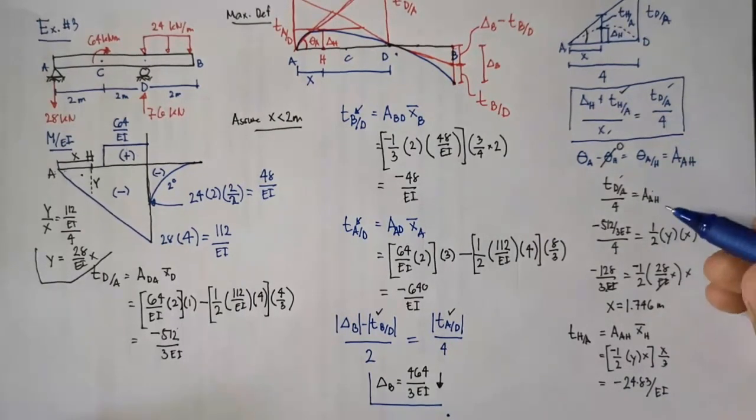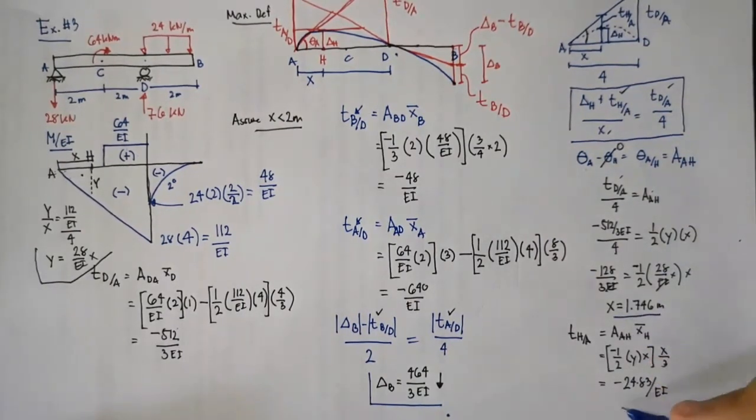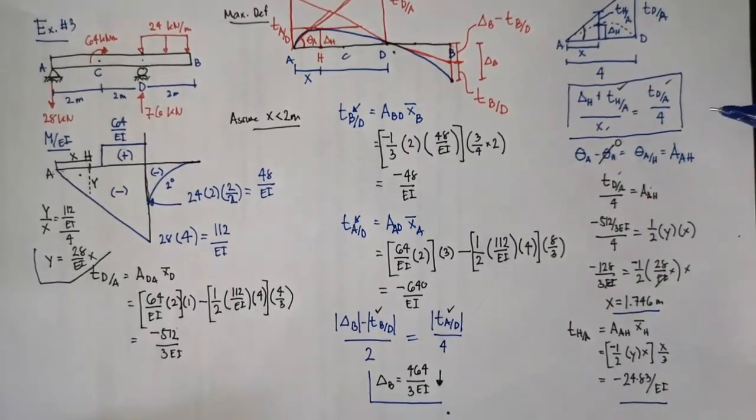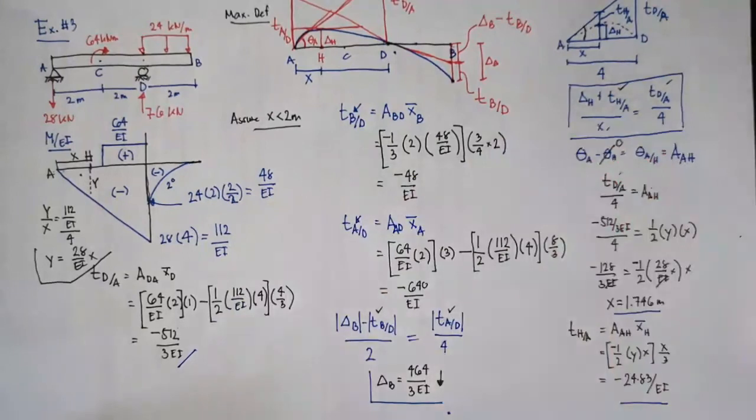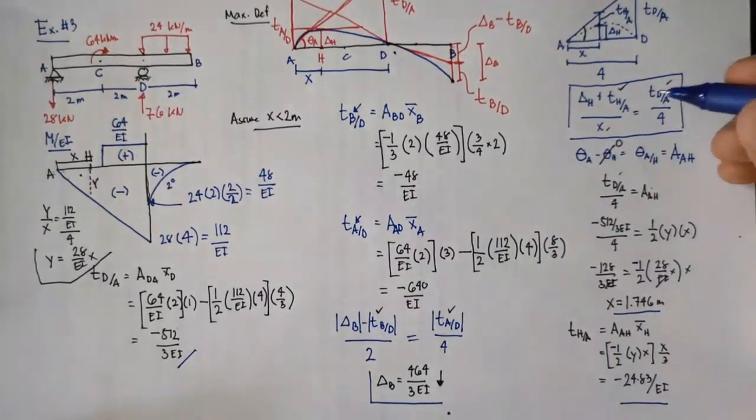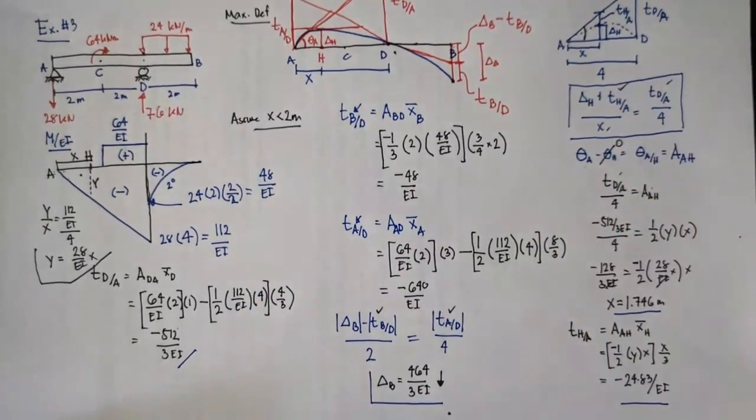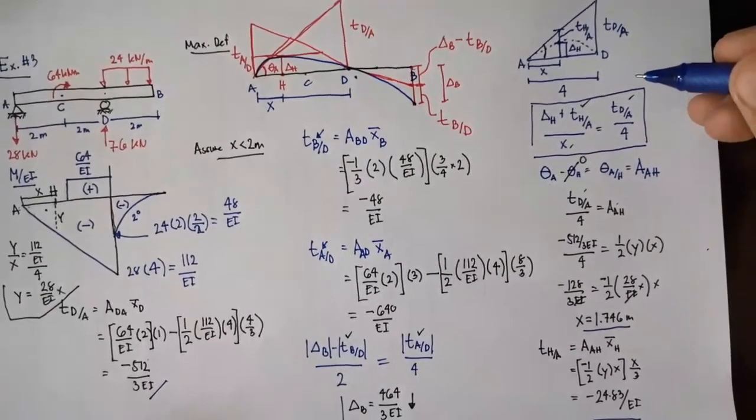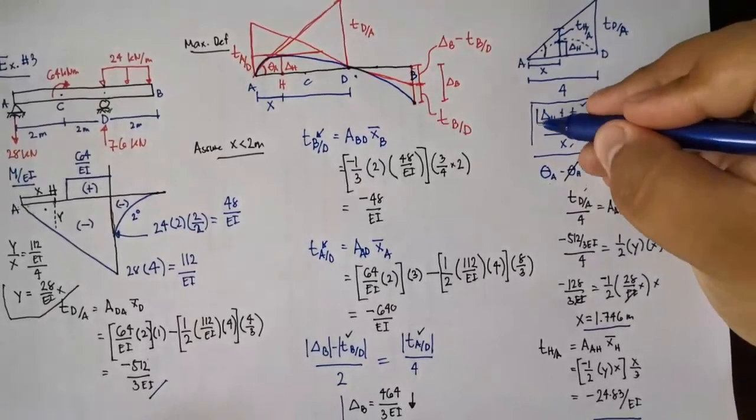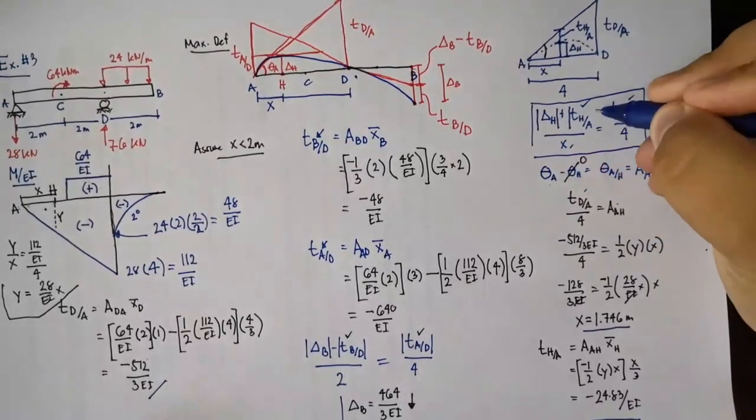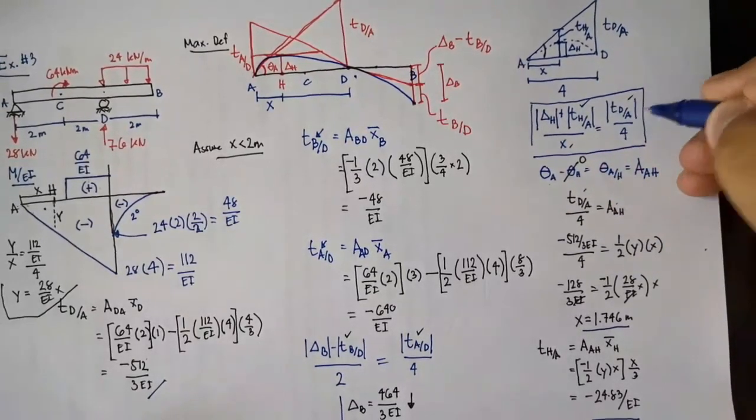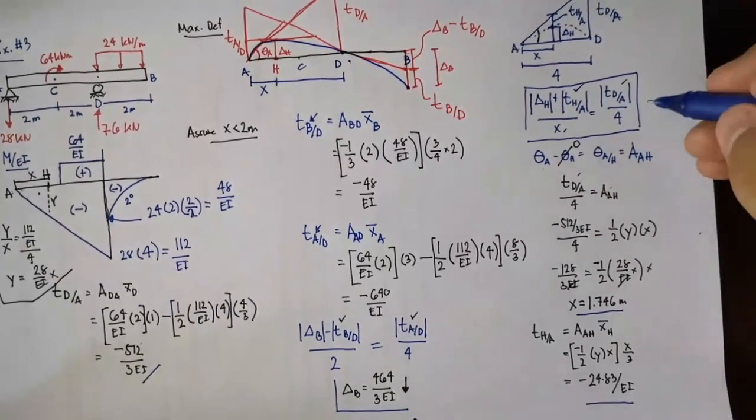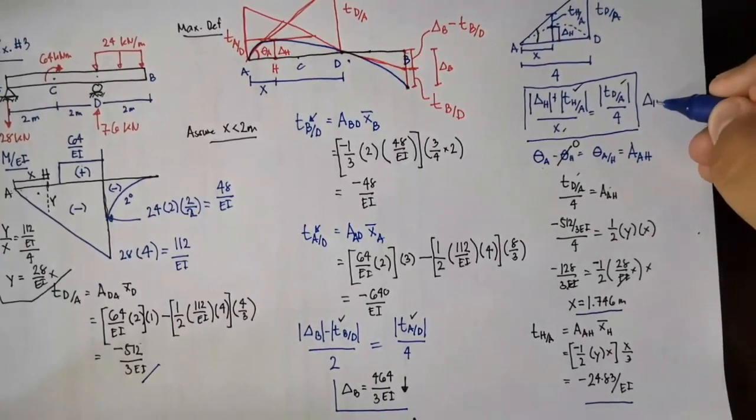Meron na rin tayong X. Ito po. 1.746. Highlight lang natin para hindi kayo maligaw. And then TD with respect to A, nasolve na rin natin as negative 512 over 3. So, all that's left is to plug it in here. Now, again, remember, this is a geometric relationship. So, therefore, these relationships are just absolute values. Absolute values. So, if you solve that, ang kakalabasan po niyan, delta H equals,